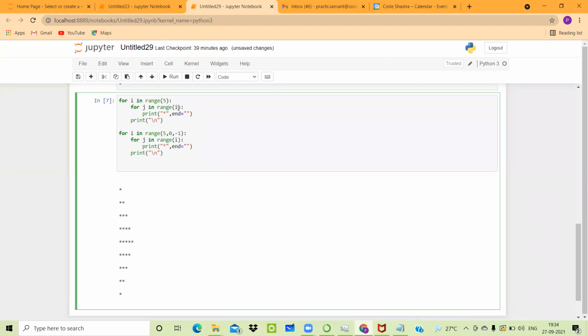And then as the value of j is equal to 5 this time, it is going to print that many stars. Then the value will be decremented because you are writing -1 over here. So the value of I will be decremented, and because of that the value of j will also be decremented. As the value of j is decremented, the number of stars will be decremented. Again, the value of I is decremented, because of that the value of j will be automatically decremented, and because of that your number of stars will also be decremented. So that's basically how this second for loop is going to work.